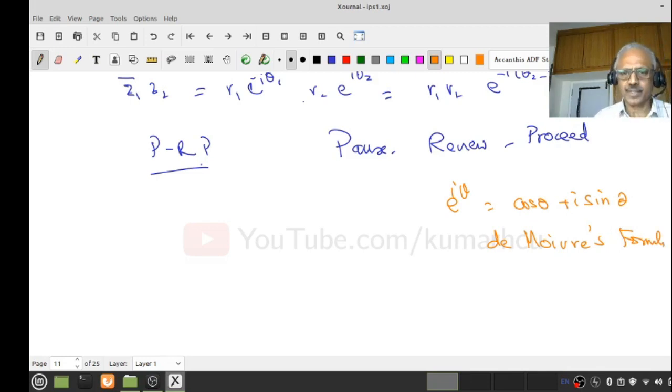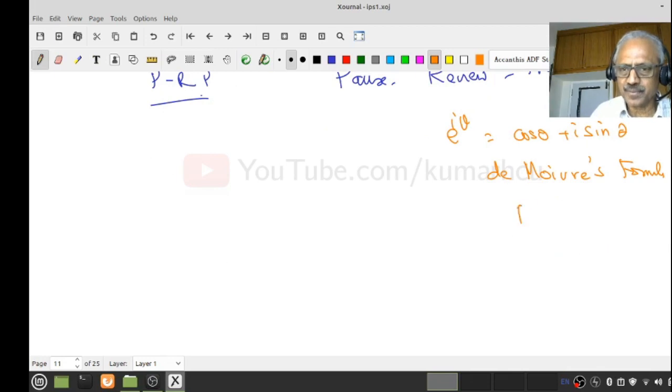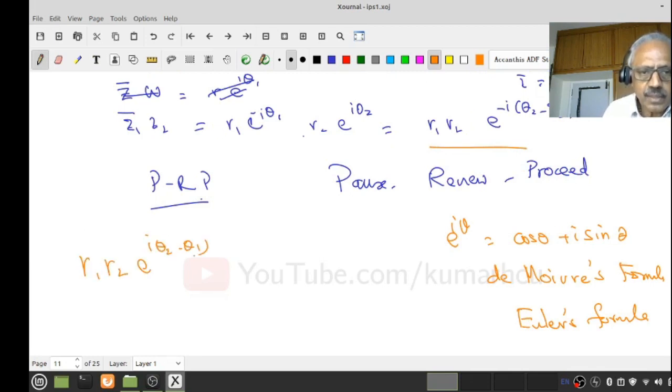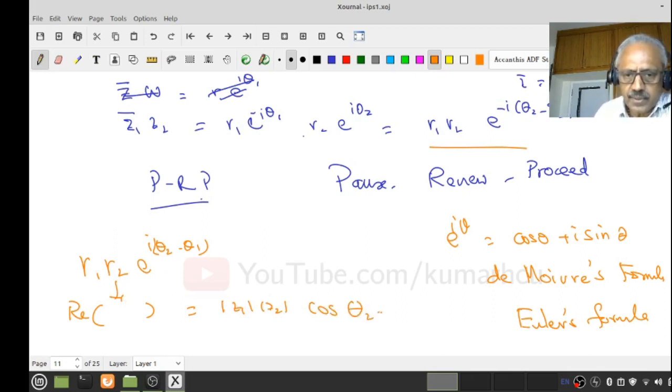Or maybe Euler's formula. I'm sorry, it may be Euler's formula. Okay, right. Now, therefore, look at this side: r1 r2 e to the power i(theta 2 minus theta 1). Okay, the real part of this is modulus of z1. Remember, modulus of z1 is the same as modulus of z1 bar, also into cos of theta 2 minus theta 1,